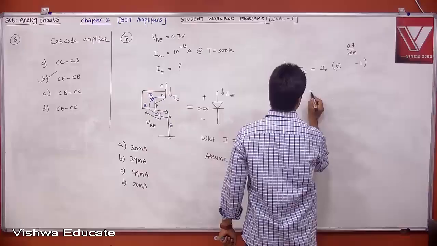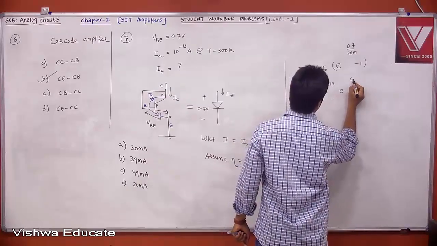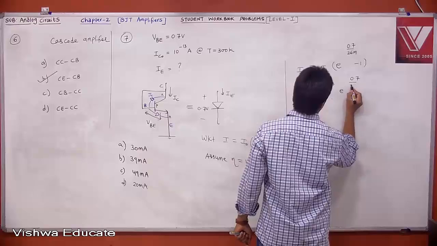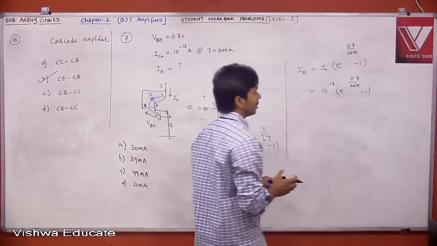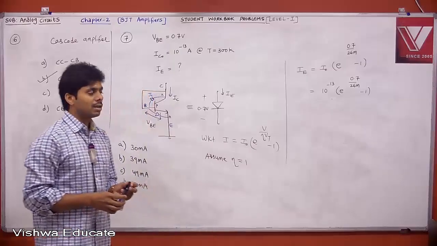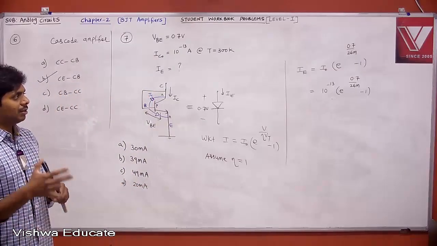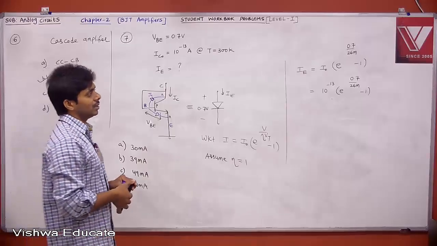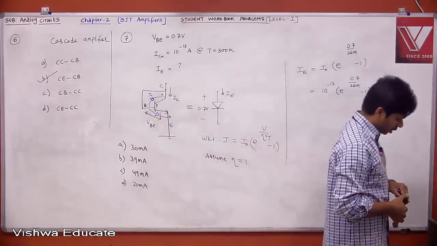I naught is 10 to the power of minus 13, into e to the power of 0.7 divided by 26 milli, minus 1. If you solve using a scientific calculator, 0.7 is 700 milli by milli, milli will be cancelled, 700 divided by 26, e to the power of 700 by 26. If you solve,